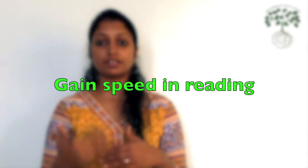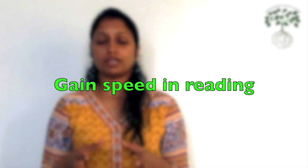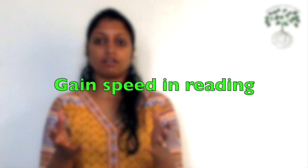Coming to the reading section, the only thing that you need to do in the reading section is gain speed of reading and understanding the words that you have read. Right? So how do you do that? Consistently by reading an article, say, of 500 or 600 words. The only thing that you can do is summarize it in your own words mentally and not by writing down, within a short span of 1 or 2 minutes, and understand what the article is trying